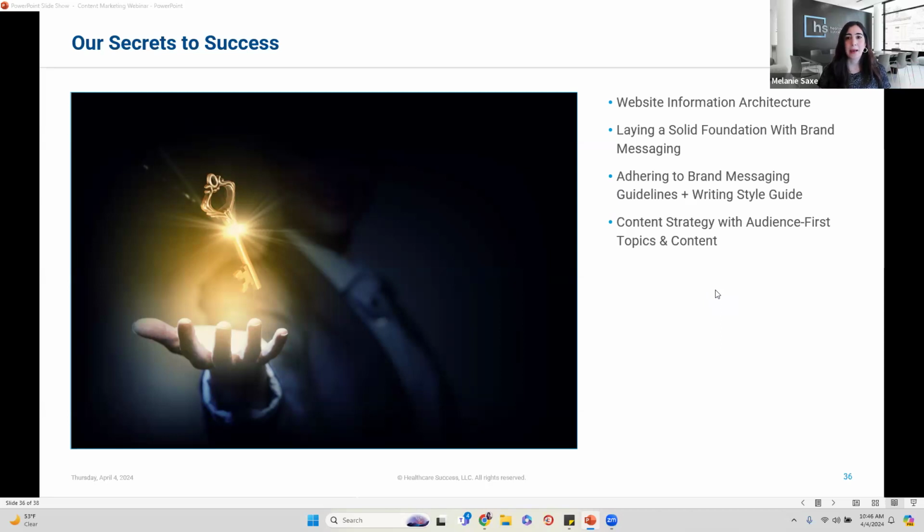But it's important. And then once you have those, the next secret to success is adhering to the brand messaging guidelines and writing style guide. I can't tell you enough. Brands will do the work, pay a lot of money, build their brand, have actual brand messaging guidelines. But then when the marketing team is ready to do their work, that stuff is not communicated to them, and or the marketing team isn't relying on it as guidelines. So guidelines are there for a reason. And of course, I'm super nerdy about it. I'm a writer, I'm an editor, and